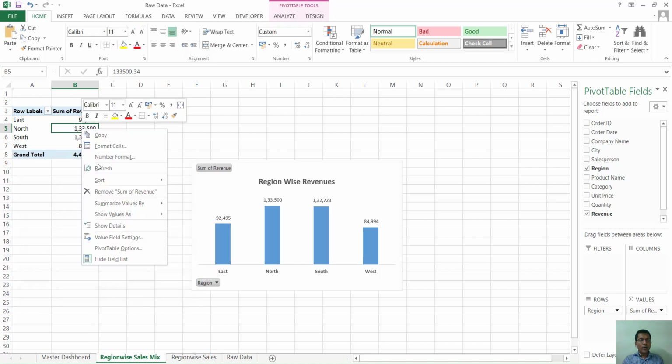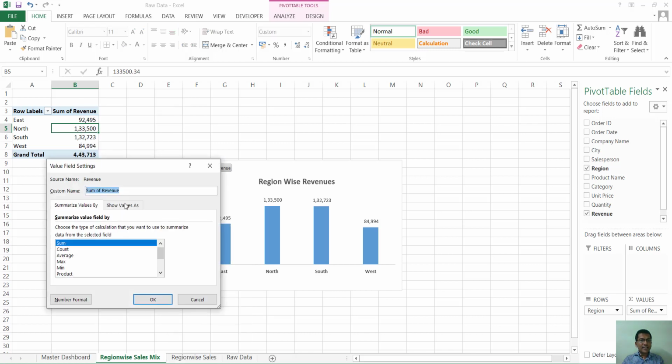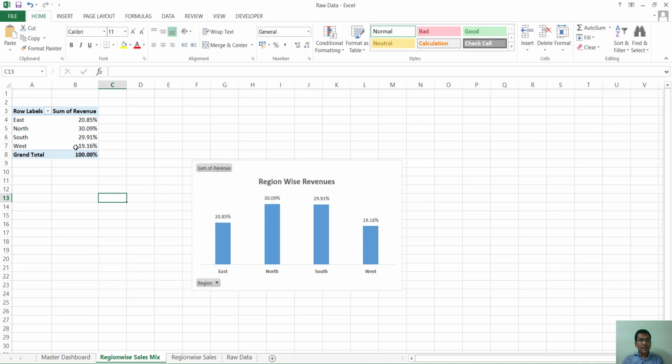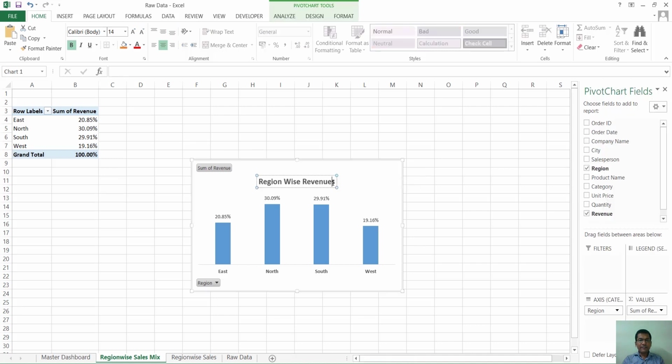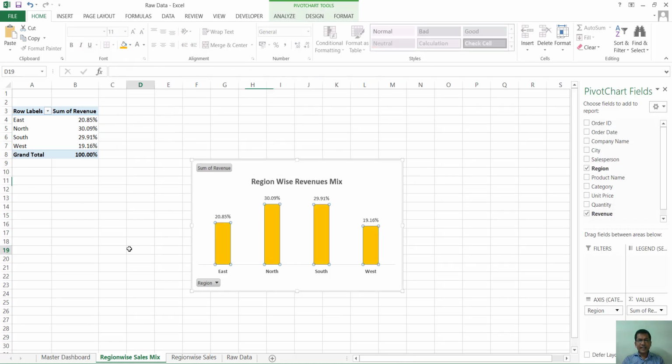Okay, but what we want is in value field settings, I click on show values as. I want it as a percentage of total so that I can get my mix here. Isn't this interesting? So I want the region-wise revenues mix, and I give a different color to this just to indicate that yeah, this is a wonderful thing.